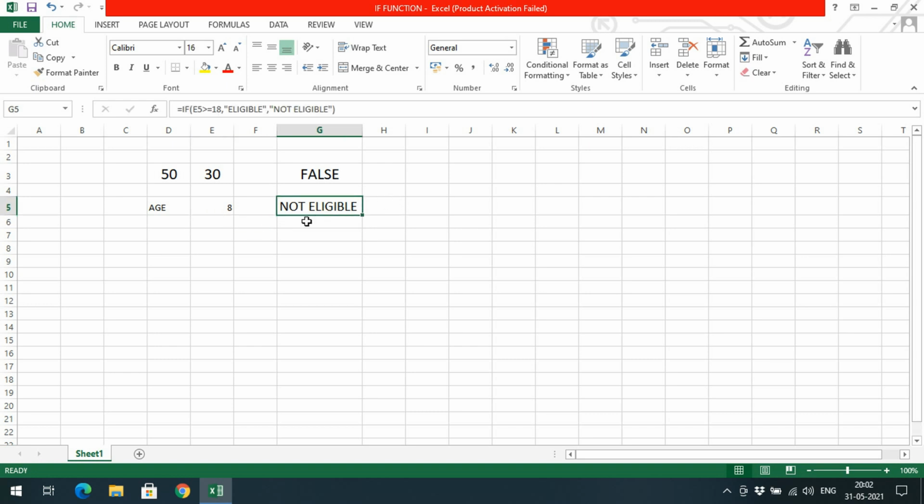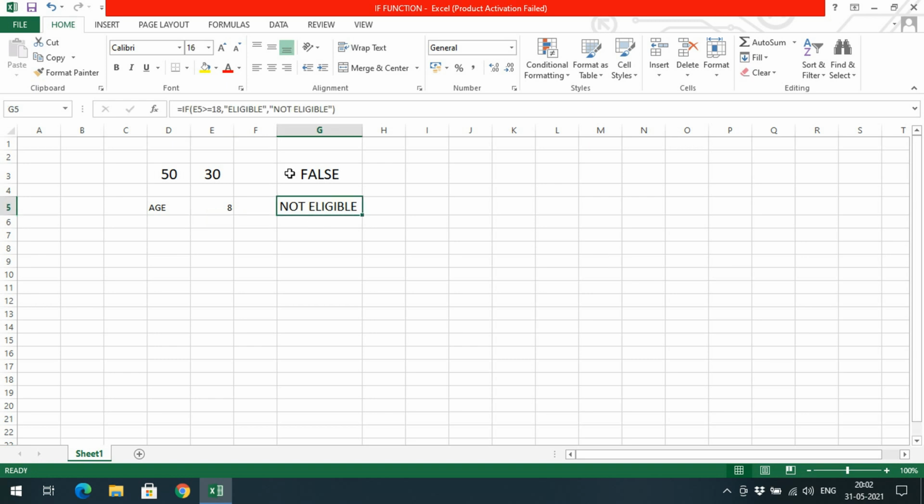So using the IF condition, it will take three parameters. First one is a condition, the second one is the true value, third one is the false value. And not only this, you can represent numbers also. If you are representing numbers, you can do it without enclosing them in double quotations.